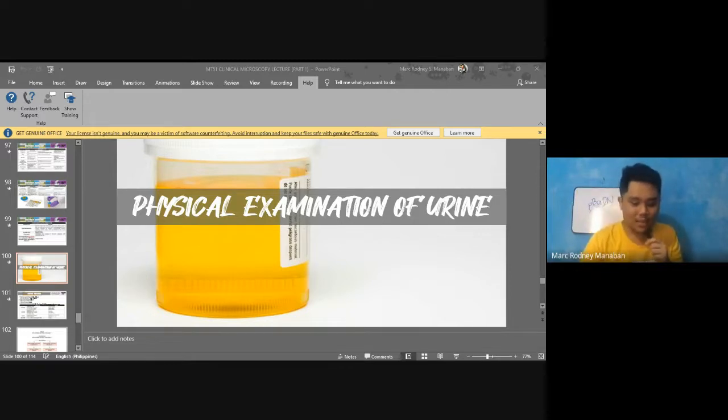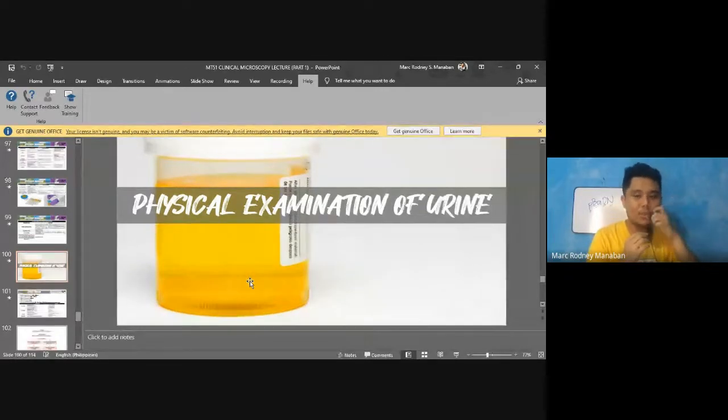Okay, sige. Alright, so we'll start now with the first part of urinalysis, which is your physical exam. Now, for the physical exam of urinalysis, dears, take note that this is the first part of the 3 parts of urinalysis. You have chemical and microscopic. So the physical is the first. Now, I have to emphasize, dears, that